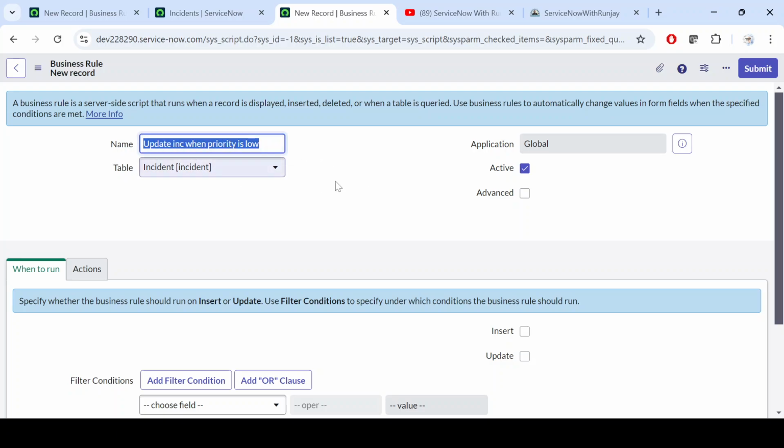So this is the name, but you have to give a self-explanatory name, so that later on developers who are doing troubleshooting in future will come to know, just by seeing the name itself, what purpose this business rule is written for, right? So give a proper name, right? Application: we are creating this business rule under the global application. Active, again, active means it will apply the rule,